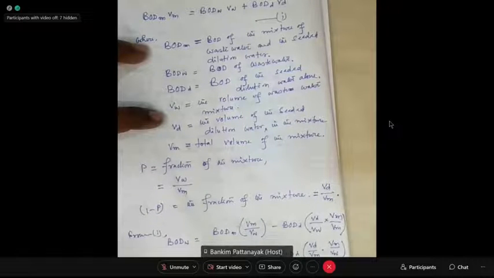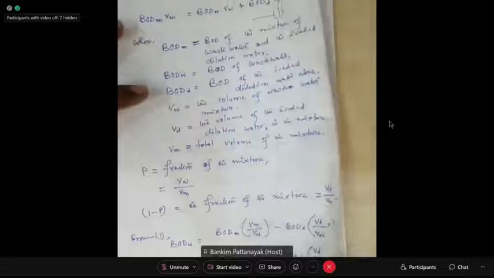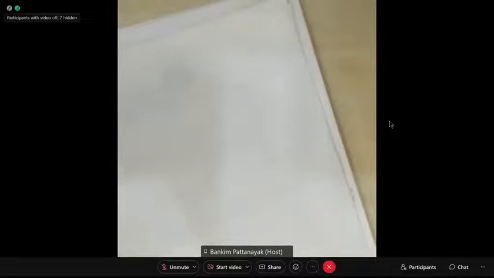So this can be written as BOD_M divided by V_W by V_M, minus BOD_D times V_D by V_M, divided by V_W by V_M. So this further simplifies into